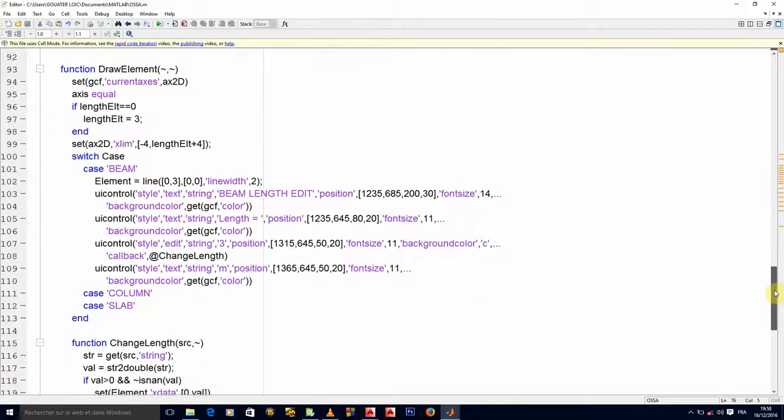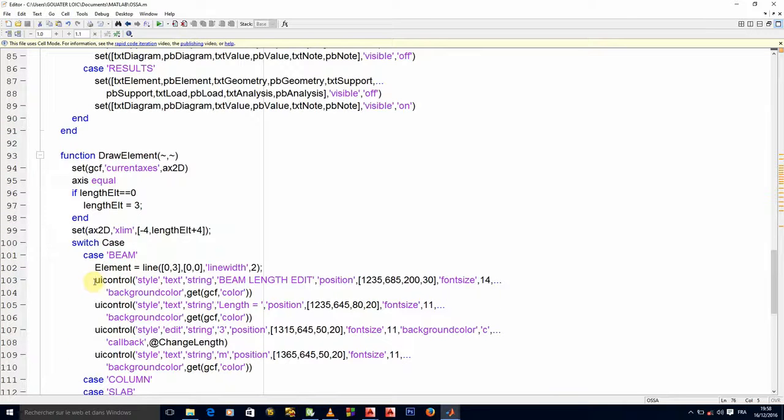For that, I have two options. I can create secondary window as an array and enter all of these items there as elements.